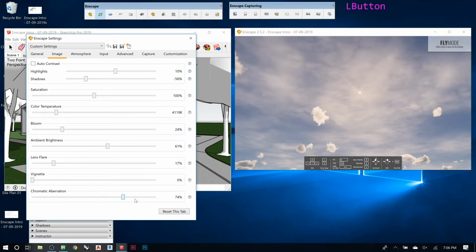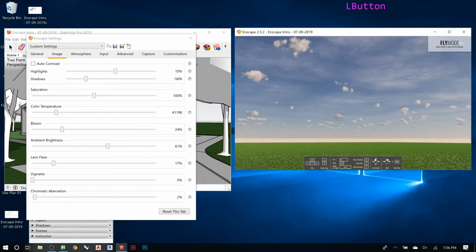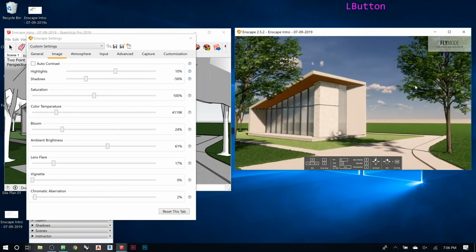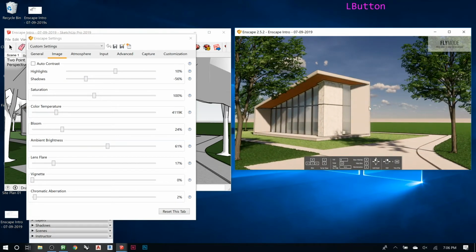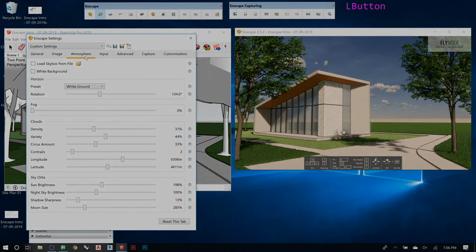And then chromatic aberration, you'll see it usually around verticals like that where they're backlit and the light bends around it weird. So I don't ever add that. So atmosphere, the next tab over,